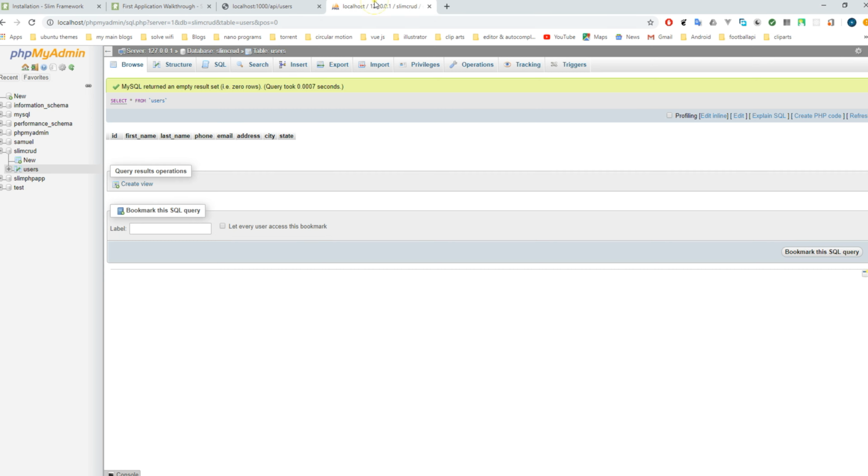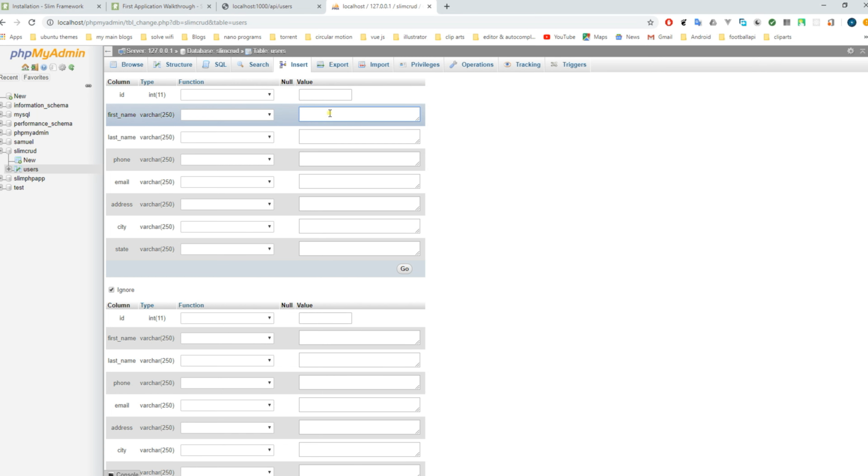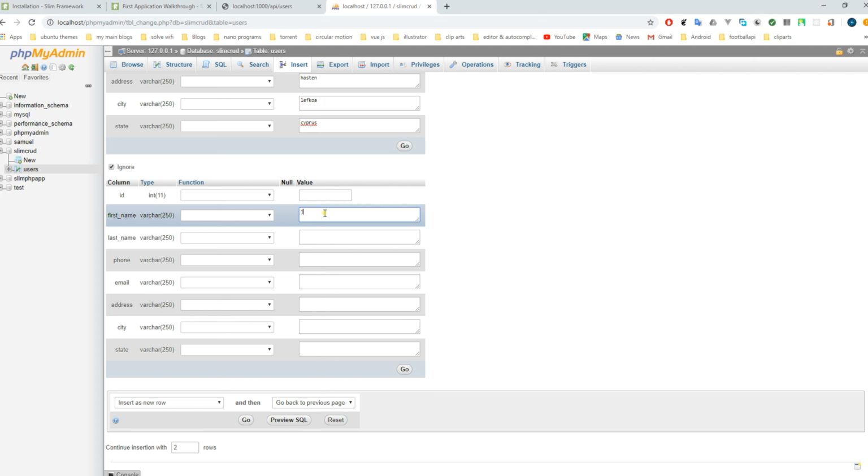Select all from users once more. So we are having an empty array because over here we have empty values, so we have to insert something now. So let's say Samuel Anthony 1 2 3 4 5, sam@gmail.com. Let's say address Hastane, then city of Lefkosia, and Cyprus. Cyprus is a state, just like your country is a state. Never mind. So we have here John Doe,